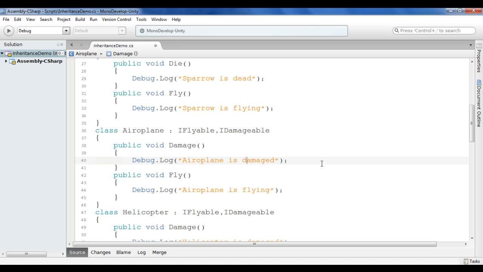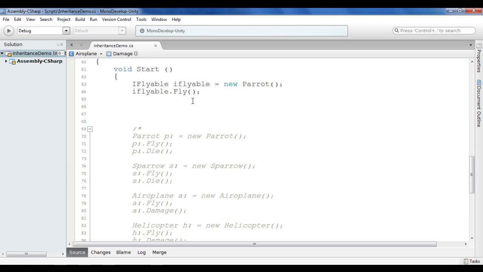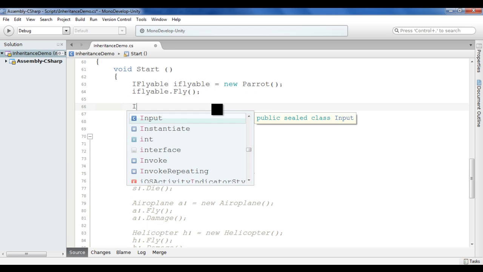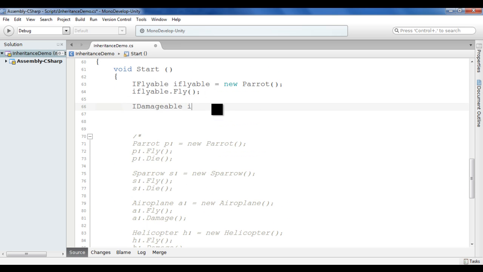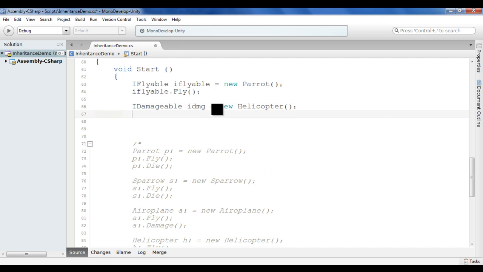So let me save this, and now I go down and change here. I add IDamageable, I say idmg is equal to new Helicopter,